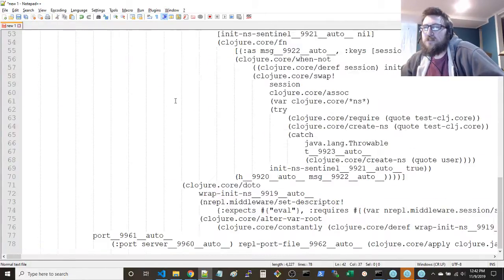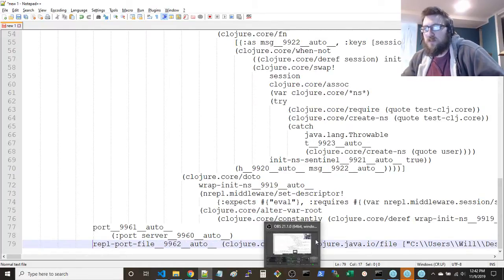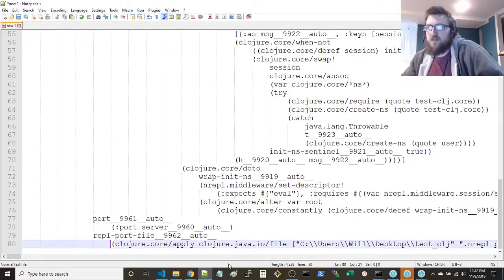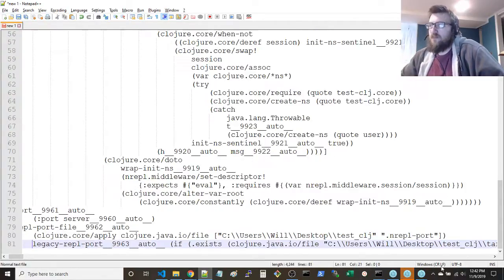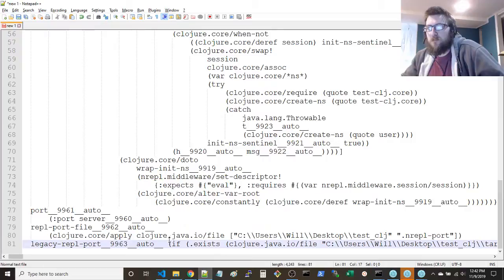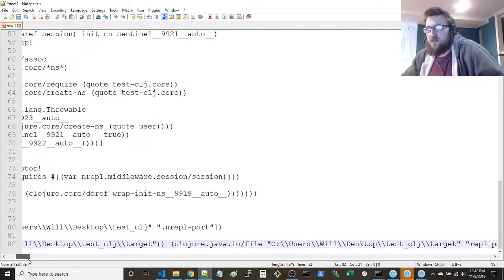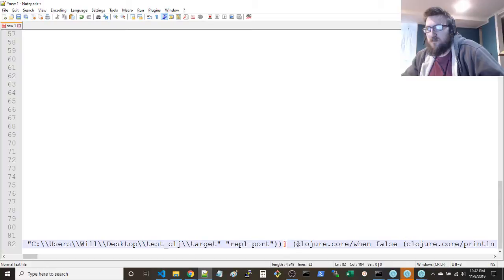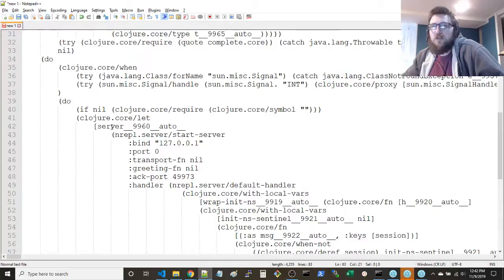So you got the server, you got the port, and then you got this port file, which is this thing, and then legacy REPL port, if this thing exists. So those are all your bindings, and then this is the call inside the let here.